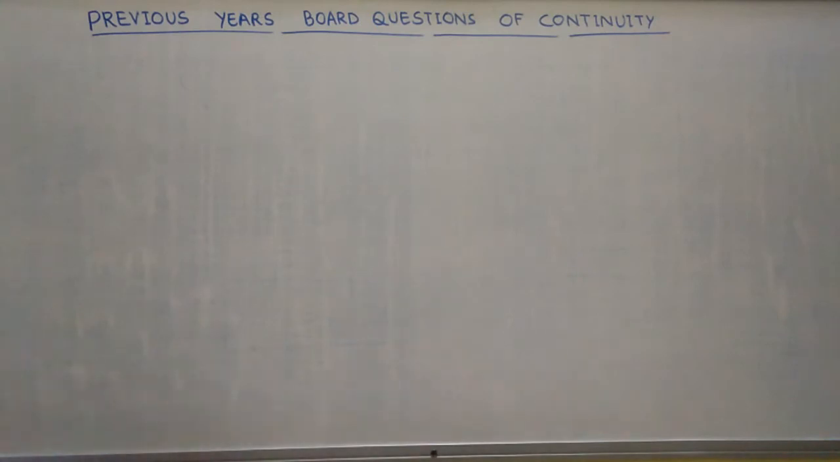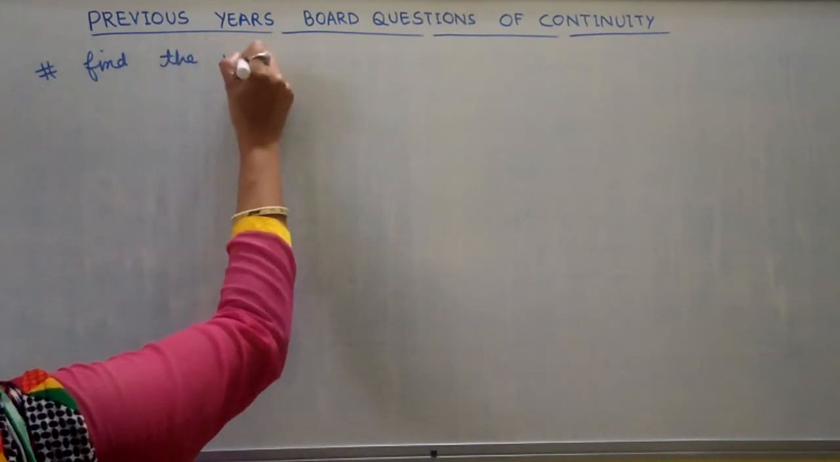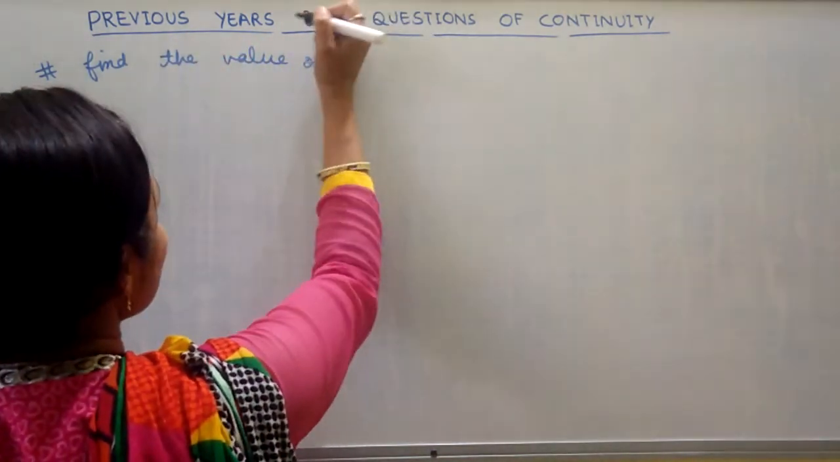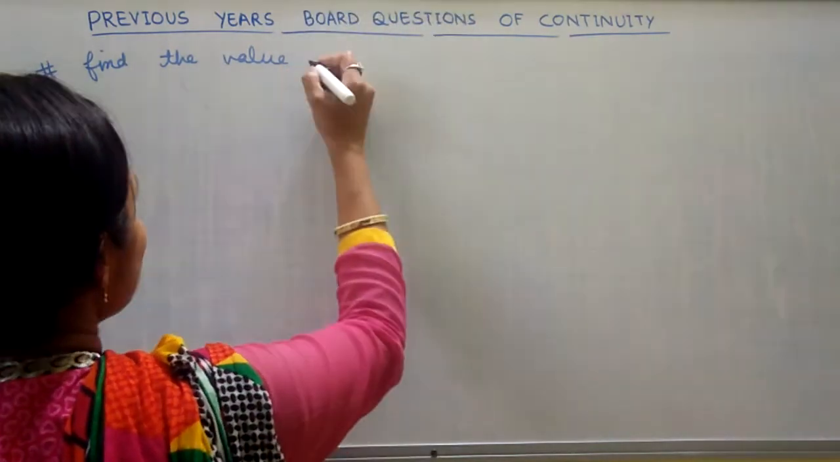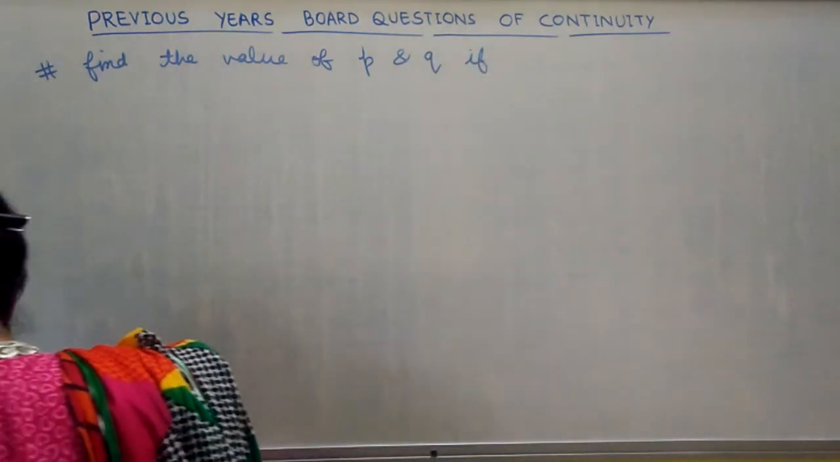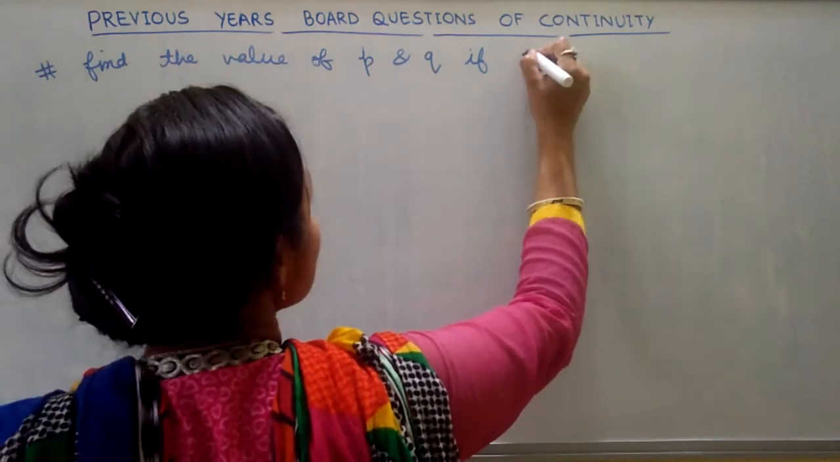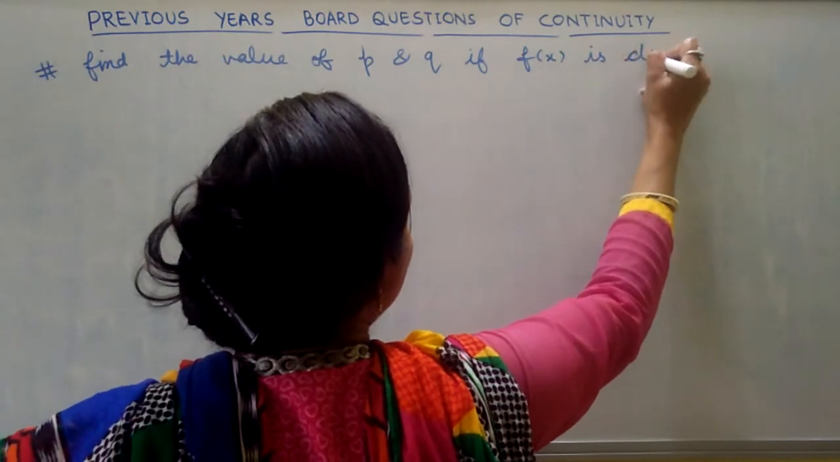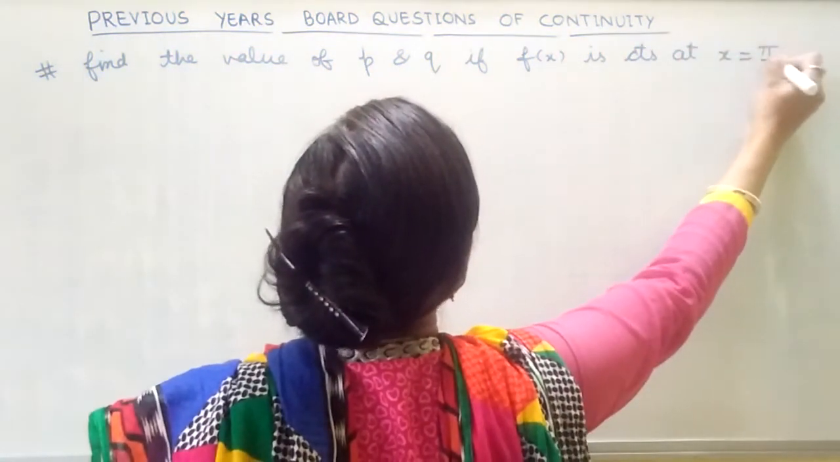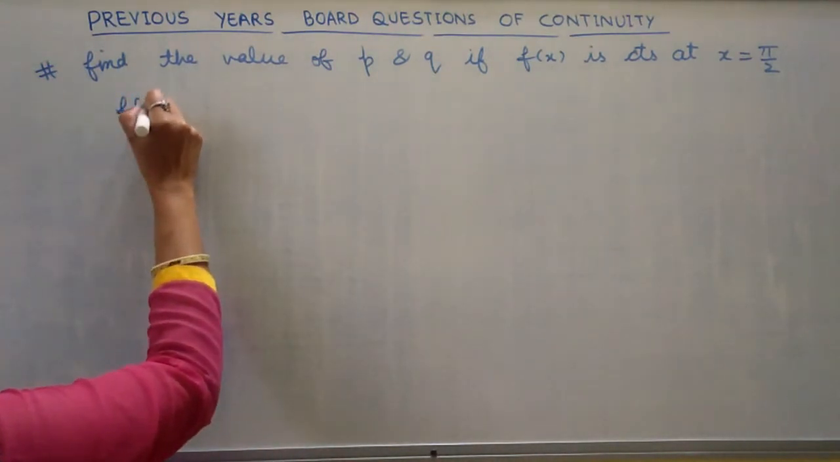The question is, find the value of P and Q. Here the values are P and Q. If f x is continuous at x equals pi by 2, for which f x is given by